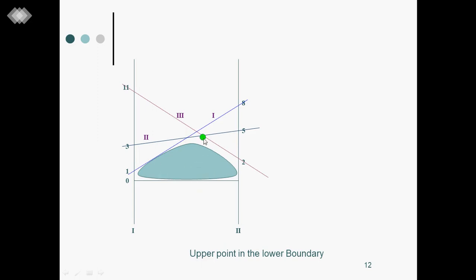Then it is a kind of dominance. Passing through this point, you retain the strategies. For example, strategy 1 is not passing through this point; 2 and 3 are. This is the intersection point, common to 2 and 3. Whichever strategy is not passing through this point, you discard. Then automatically it reduces to a 2 cross 2 game.